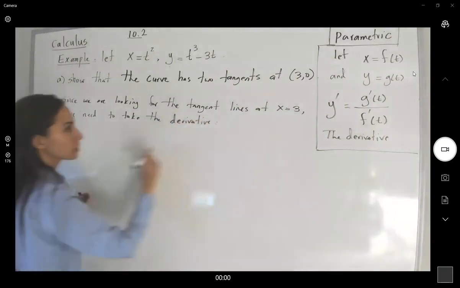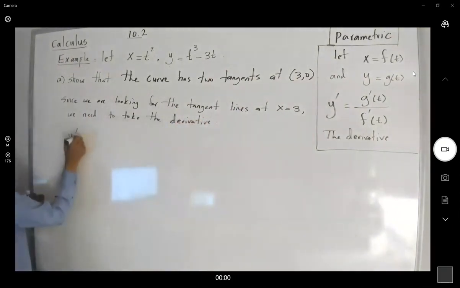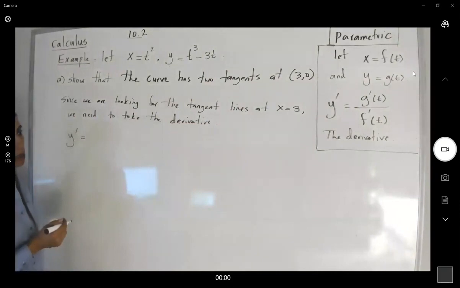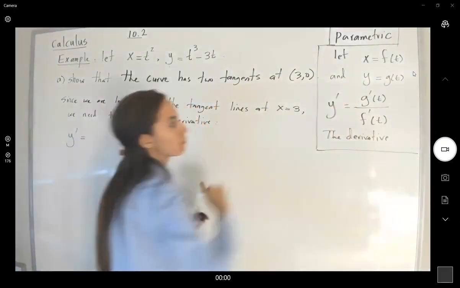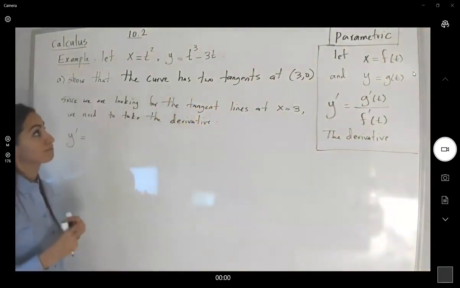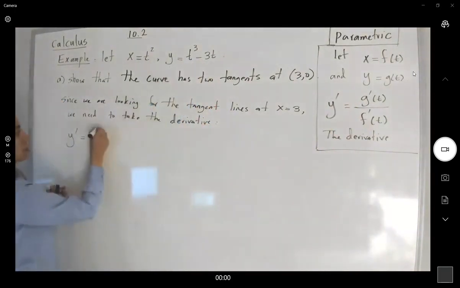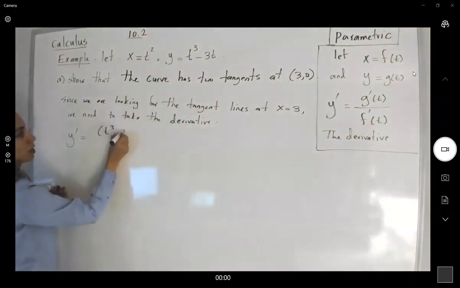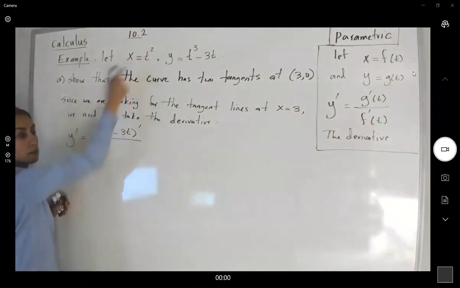Well, I know that the derivative is equal to the derivative of y with respect to t. So I'm going to take the derivative of t cubed minus 3t with respect to t, divided by the derivative of x with respect